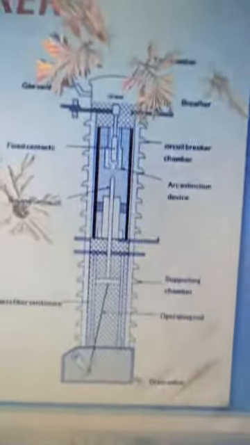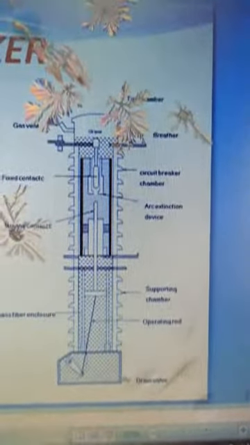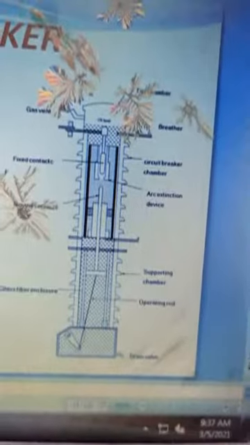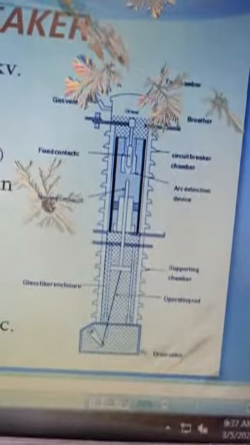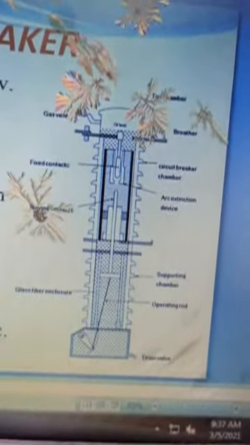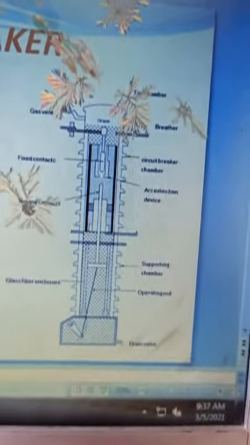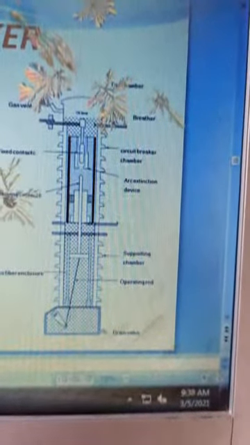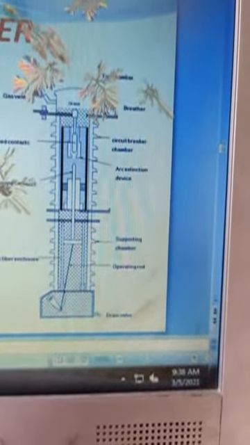So here the diagram of the minimum oil circuit breaker is shown. This type is also known as a poor oil or small oil circuit breaker. In the minimum oil circuit breaker, the current interruption takes place inside the interrupter. The enclosure of the interrupter is made up of insulating material like porcelain. Hence, the clearance between the live parts and the enclosure can be reduced and a lesser quantity of oil is required for the internal insulation.